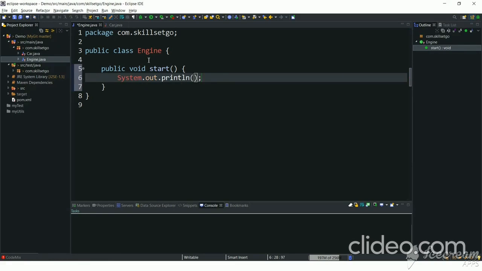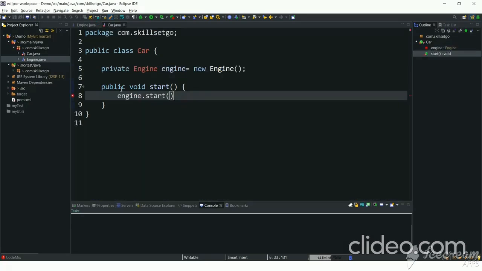Just print a line saying engine started. So here, as you observe, the car is dependent on the engine object. So the responsibility of creating the engine object is now on the car.